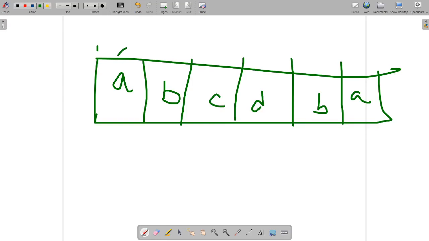In the first iteration it will check a and a, it is equal, correct?